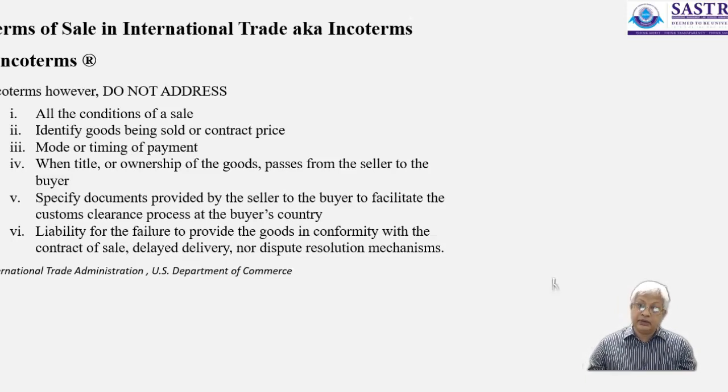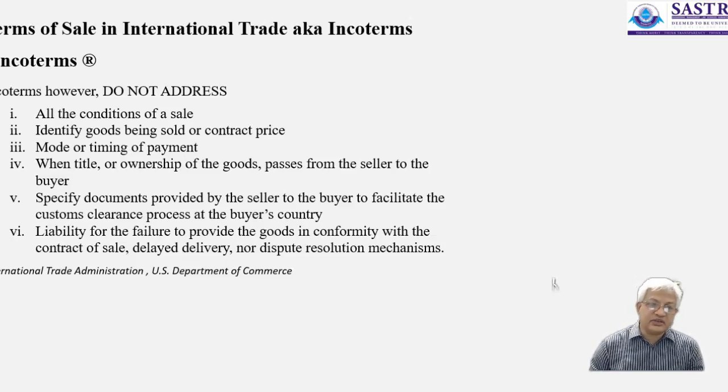Well, if the goods were kept in the port in front of the ship and the goods got fire due to some mishap, goods got damaged, then who is obligated for the payment? But here it doesn't say who is the owner of the goods, in the sense when the ownership was transferred from the supplier to the buyer. That is not being addressed